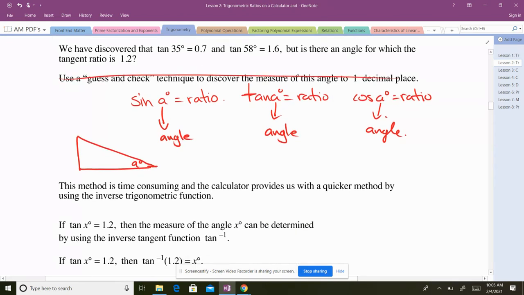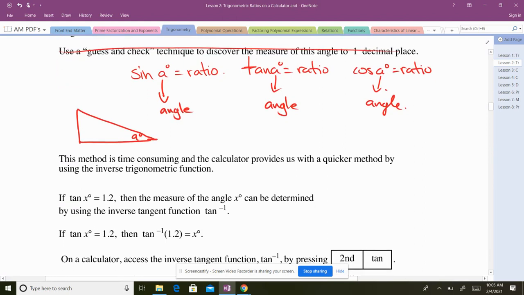Now, what if I give you the ratio, but I don't give you the angle? So in this case, I've said tan of x is equal to 1.2. I've told you this is the ratio, right? That's the ratio of the two sides. I want to know what the angle is. So how do you get that back? So on your calculator,